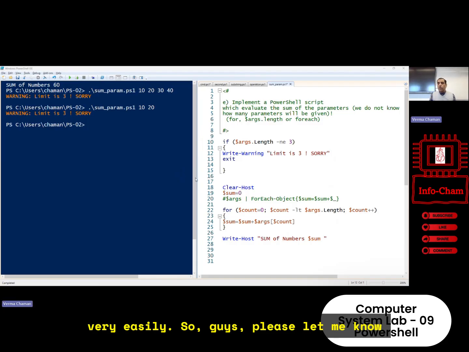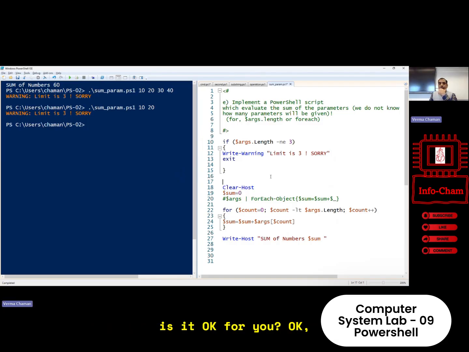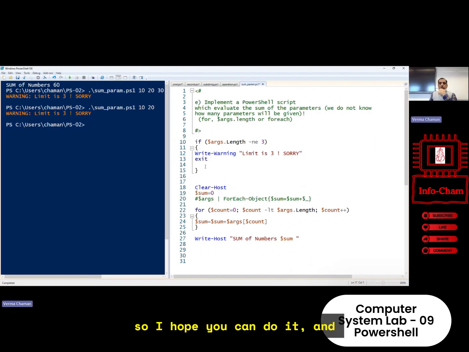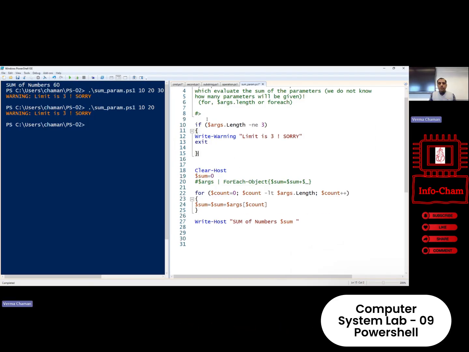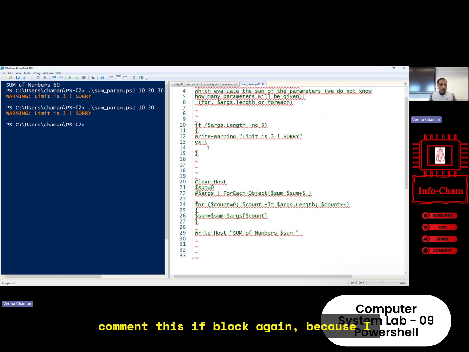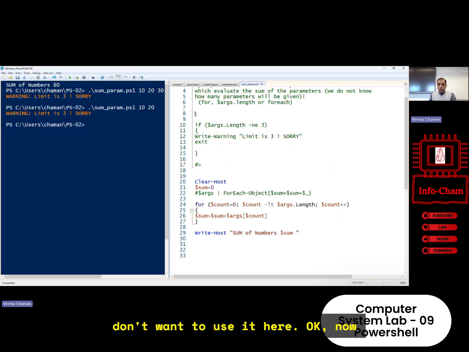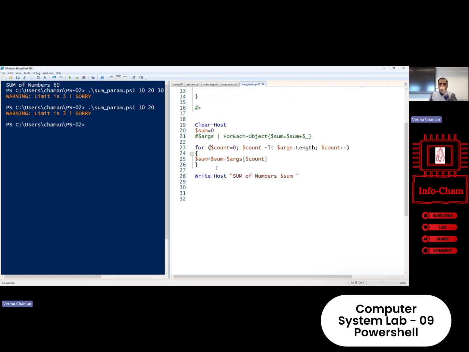So guys, please let me know, is it okay for you? Okay, so I hope you can do it. And now suppose I want to put this if block in a comment again, because I don't want to use it here. Okay, now